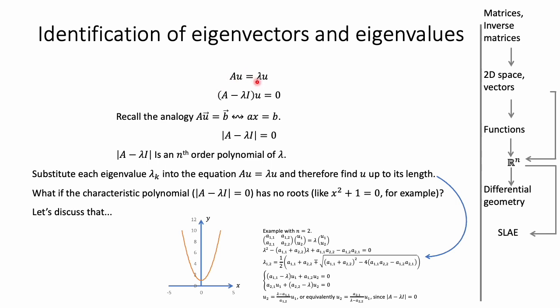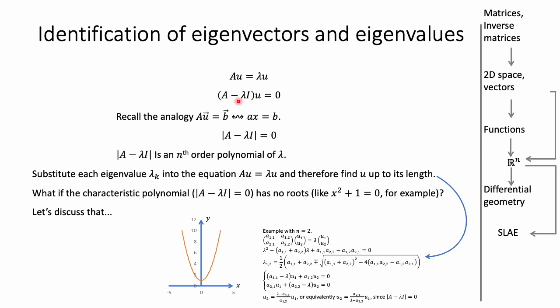What we do first is move lambda u from the right-hand part to the left and take u outside the parentheses. After this, the only thing that remains in the right-hand part is just 0. And in the left-hand part, there is going to be